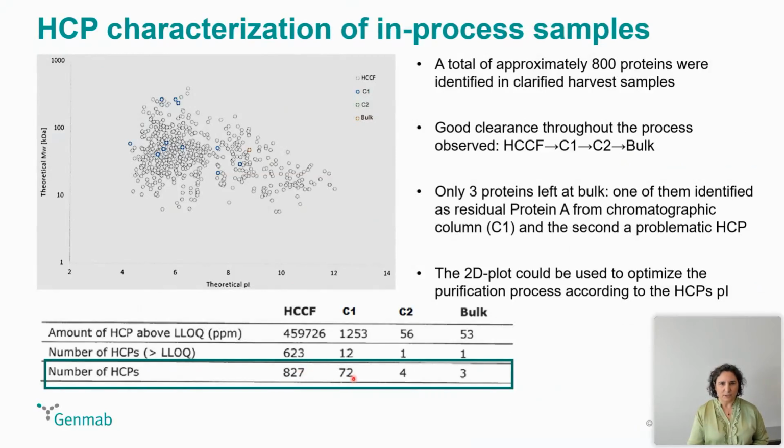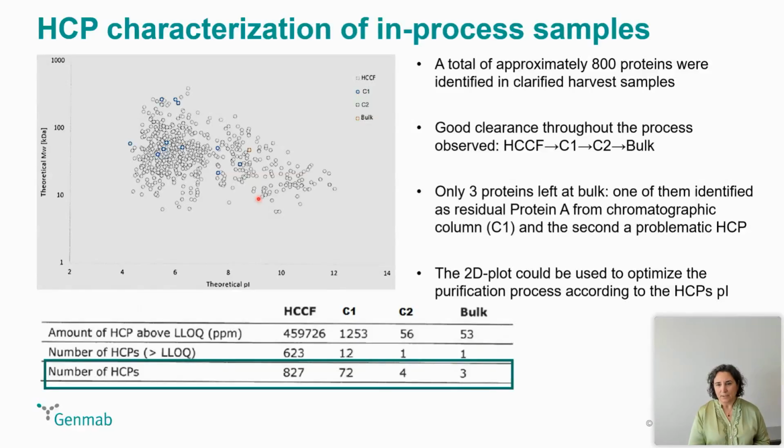About 72 of them, the ones marked in blue here, were identified after the first chromatographic step. And then about 4 were identified in the second chromatographic step, the green ones. And about 3 were identified at last in the bulk sample. You cannot see them all here, but they are around a PI of around 8, and it's consistent with our product's PI. It's also around the same